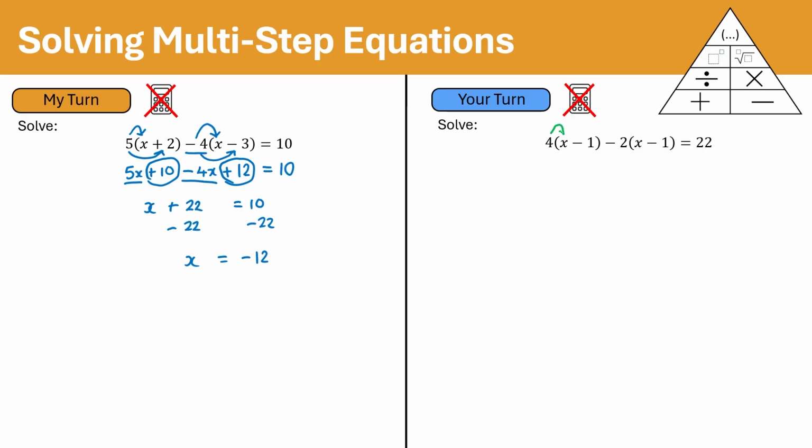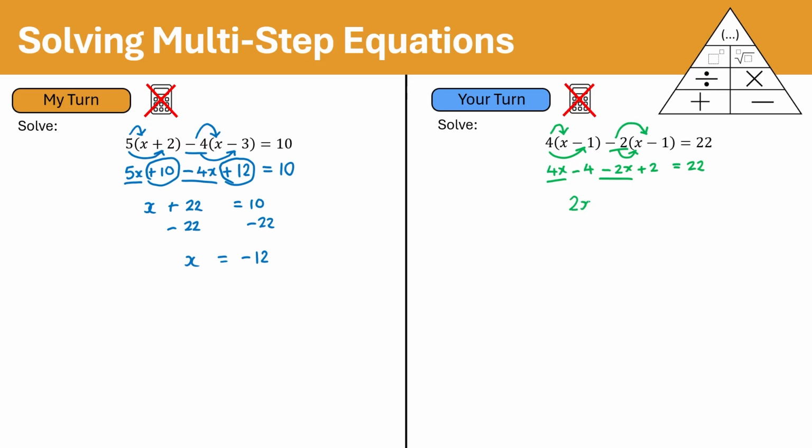Okay, let's expand our first bracket. 4 multiplied by x is 4x. 4 multiplied by negative 1 is negative 4. And then remember that is a negative 2 multiplied by x to give you negative 2x. And negative 2 multiplied by negative 1, really careful with that, that's positive 2. That's equal to 22. Then I can collect together my like terms, so I'll collect 4x and negative 2x together